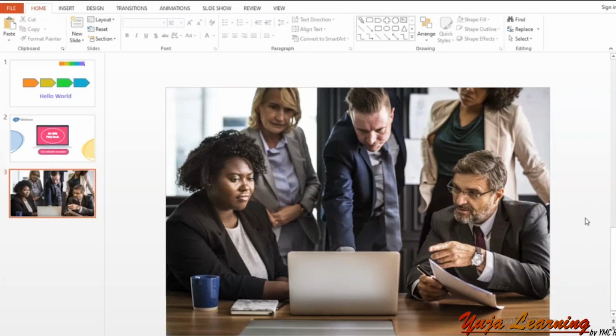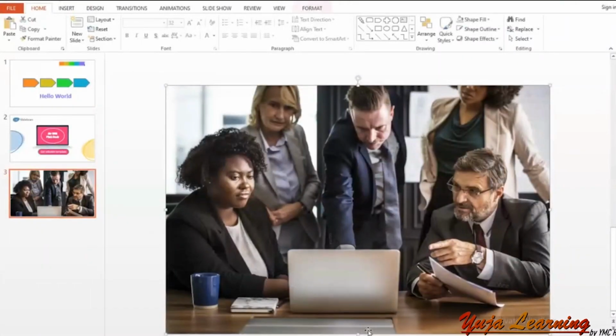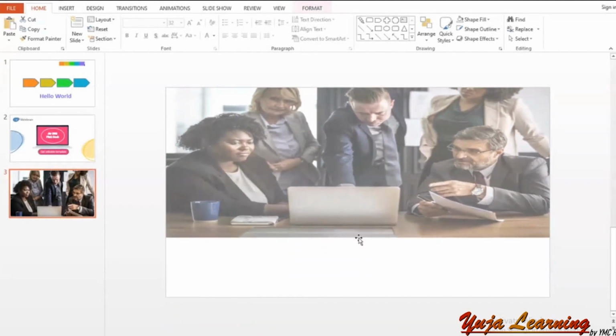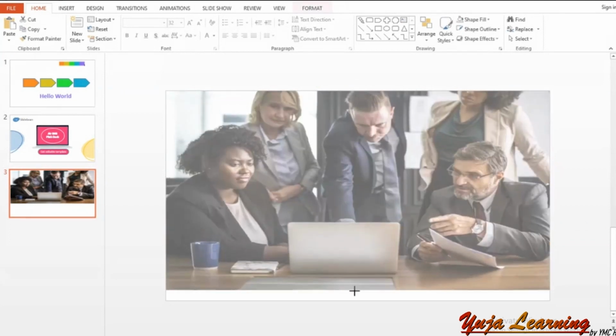Now, there are two ways to arrive at a picture which is covering almost 60% of your screen. One is to resize it. How do we resize it? We resize it like this. Is it looking good? No, no. So that is why we use the option of